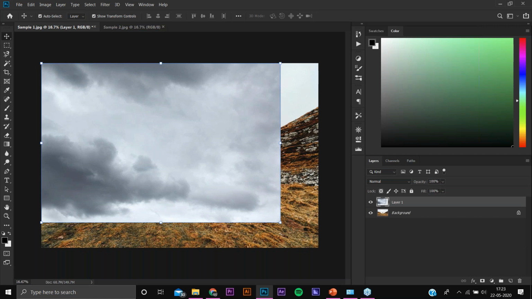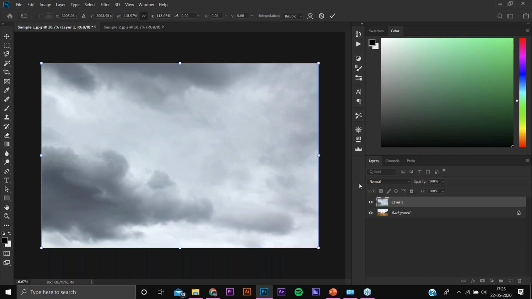Now we are going to cross the whole cloud over this first image, and so basically we have done this.